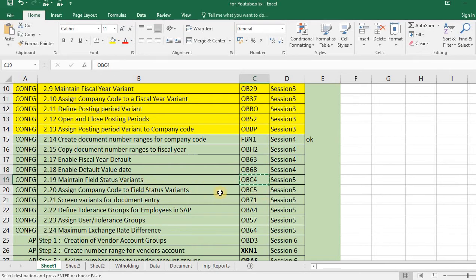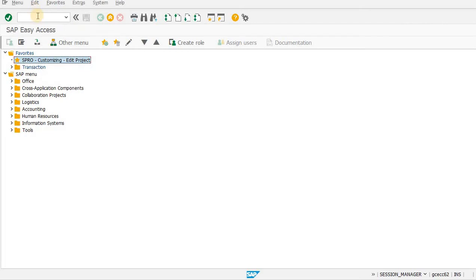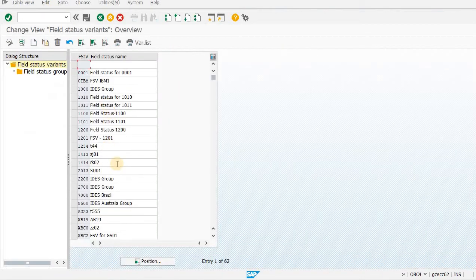Now go to maintain field status variant, OBC4. What is that? This is basically a field status variant which we are going to use for GL entry. Suppose I want this GL to contain the cost center or a particular field like a WBS or a profit center.